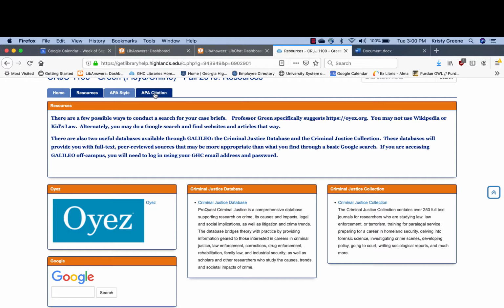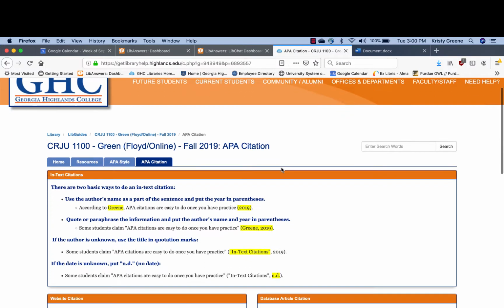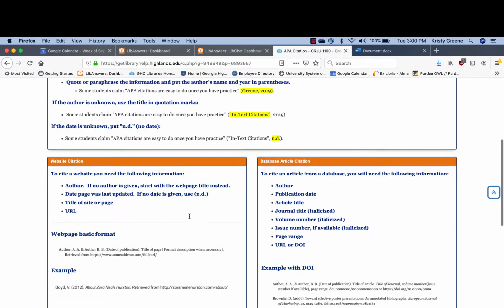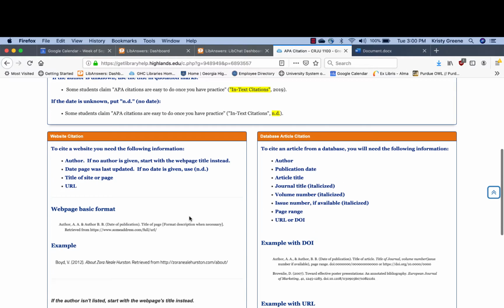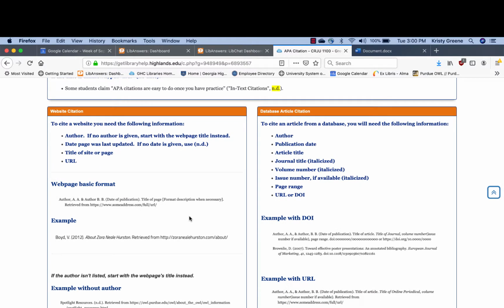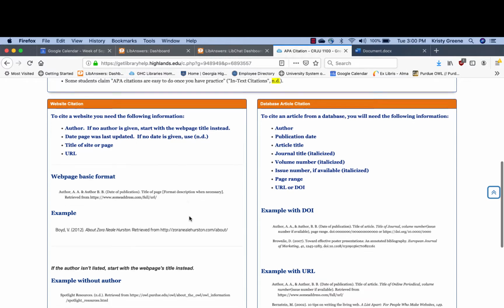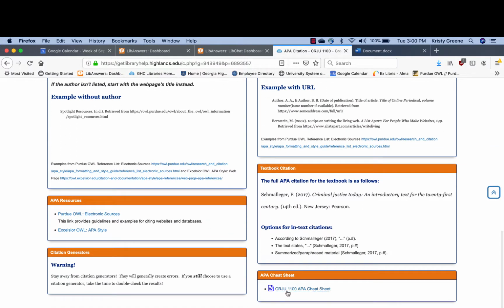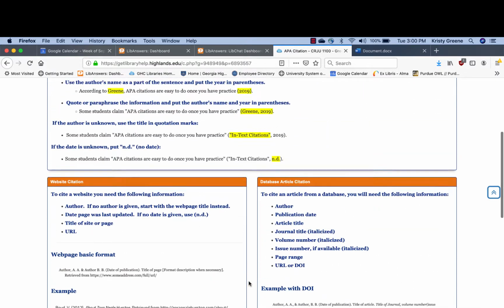In the meantime, I'll go to the APA Citation tab and show you where there is some information on how to do basic in-text citations, and then there are also specifics for website citation and database article citation that you will need for your reference list. At the bottom of this page, there is also an APA cheat sheet that I created for the course if you'd like to use it to plug in information for your references. Going back to the Resources tab,